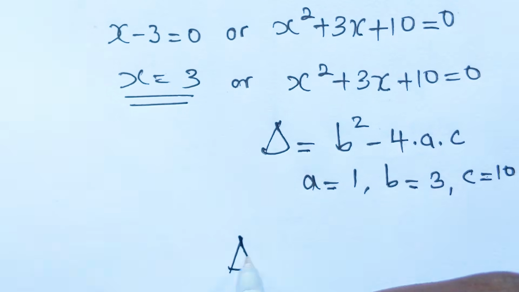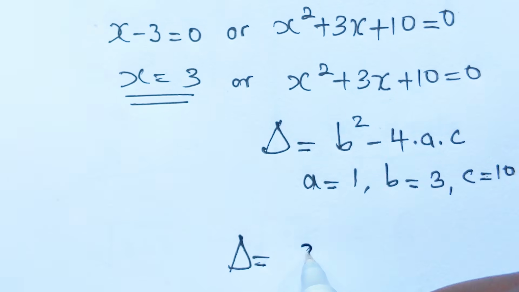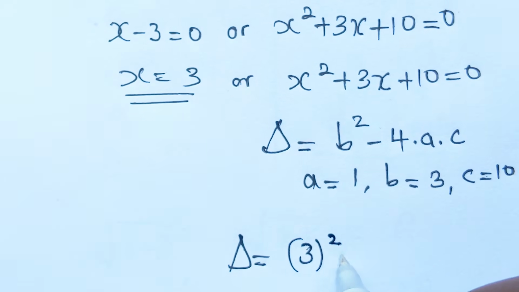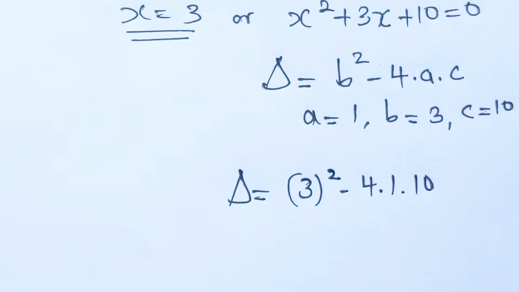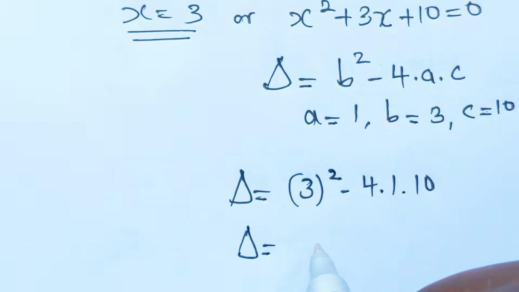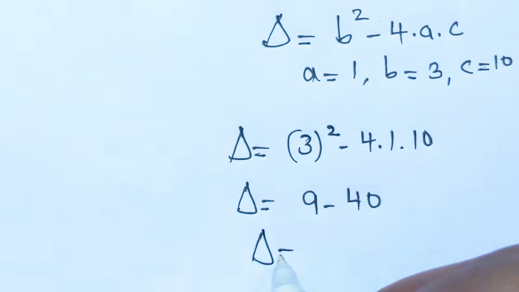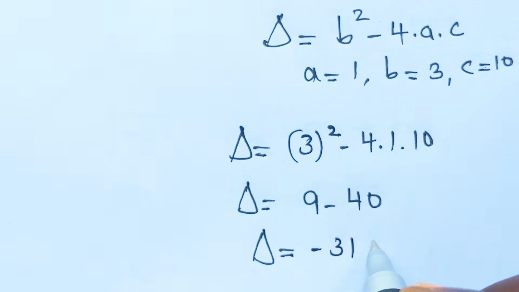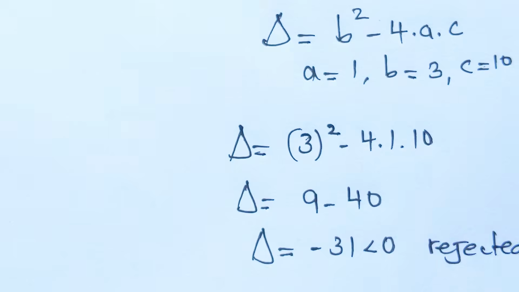Now delta will be 3 squared minus 4 times 1 times 10, and this will be 9 minus 40, which is negative 31, which is less than 0, and will be rejected. Therefore,